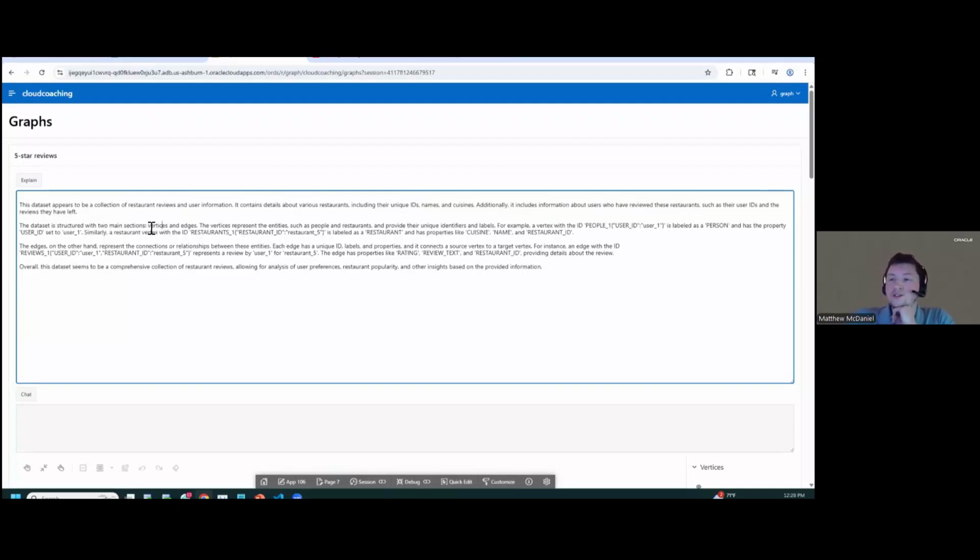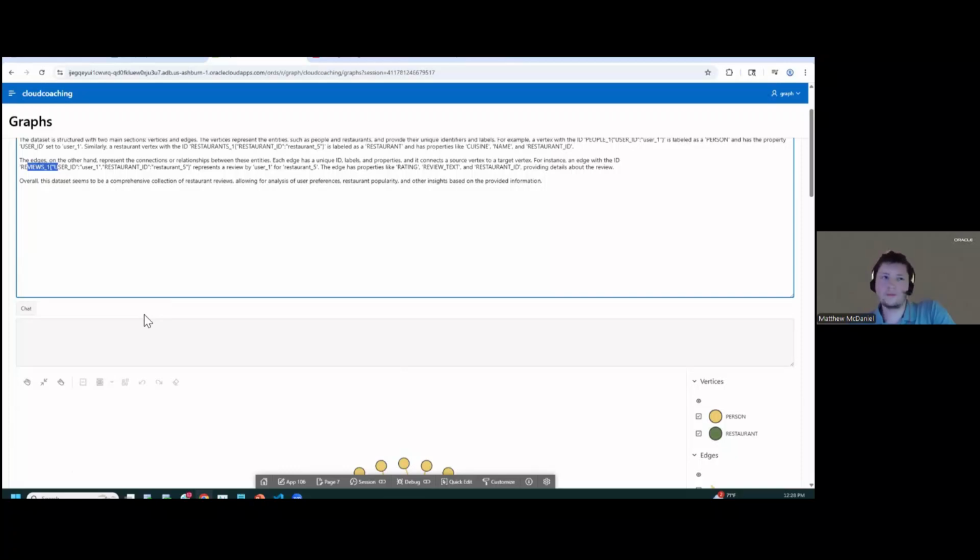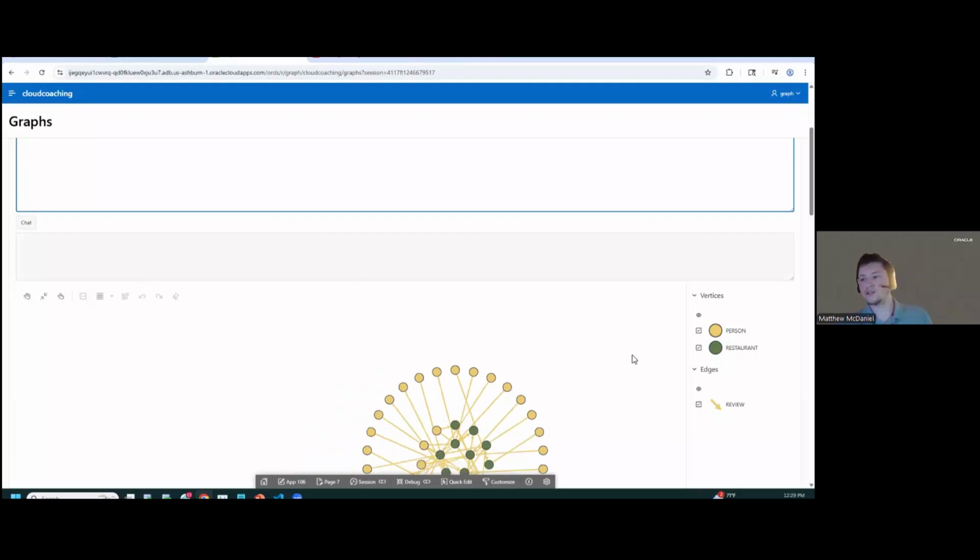And it also tells me a little bit about how the relationships are structured. It contains two sections, vertices and edges. A vertex with the ID people1 is labeled as a person, has these particular properties associated with them. And then it also tells me the edges. What are the relationships here? So each edge has a unique ID, labels, and properties. An edge with the ID reviews one user ID represents a review by that particular user. So that's good. It explains what the data set is, but what if I want to actually ask questions about it? For instance,